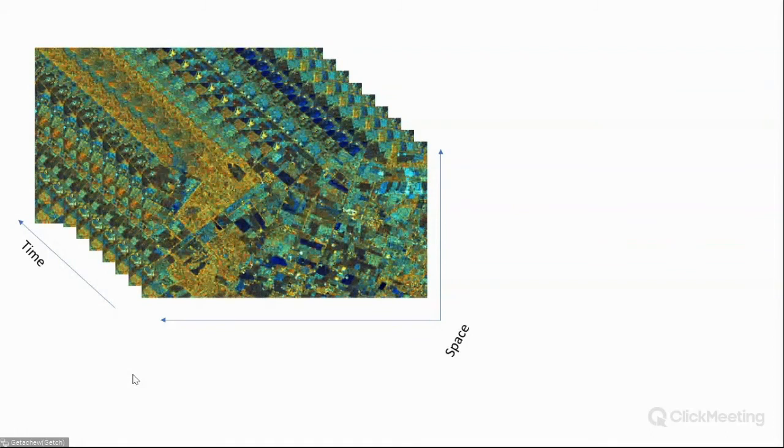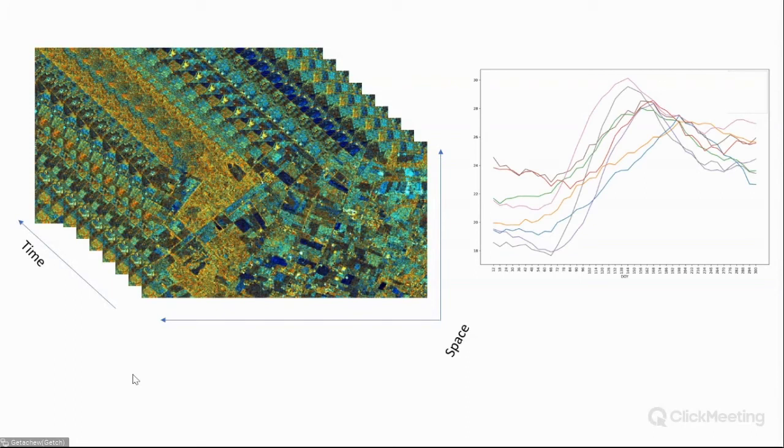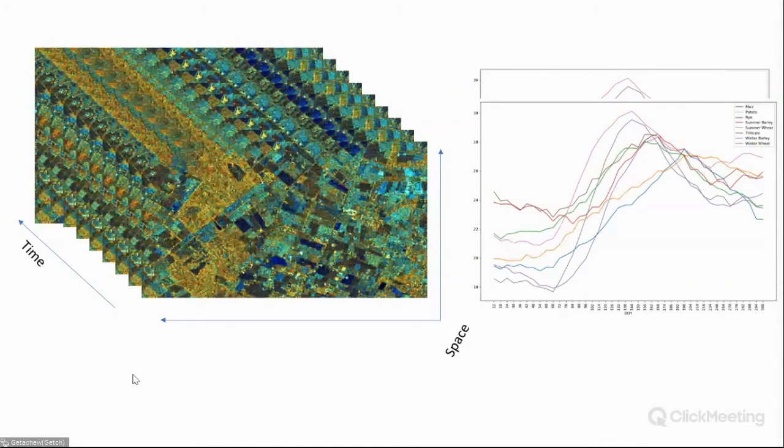From the 4D image, for example, when we take a single pixel location X, Y, we will have this kind of crop profile. That means the scattering characteristics of a specific pixel at a specific location. Then to train our model, if we have samples from the field, we will have these crop-specific temporal profiles. Later on, we can ingest this into a deep learning model, and we will have a crop type map.